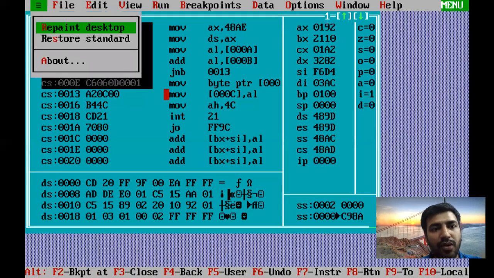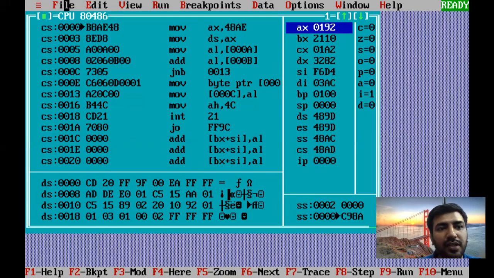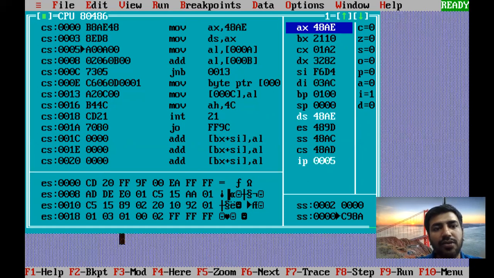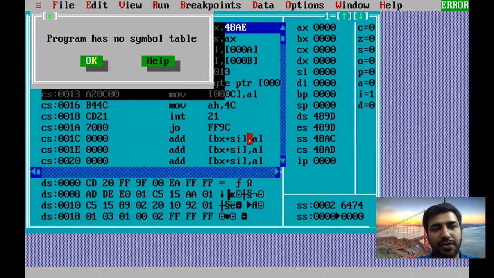Alt F5, you can just look at view. I'm not able to switch over to different functions, so I will reload it. TD ASM 5. I will just run it for you again.